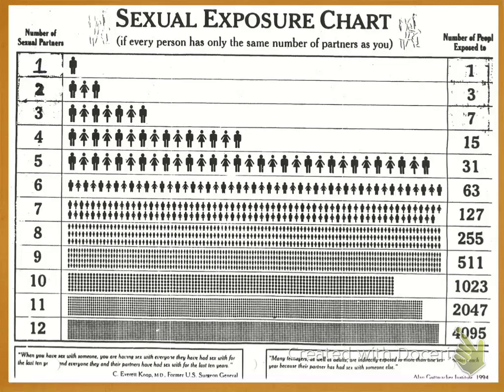So the bottom line is, if you had 9 partners and they all had 9 partners, you exposed yourself to 511 different people because that exposure with no protection is passed from body to body to body to body to body. Does that make sense? You don't know those 511 people. You don't know what they've got or where they've been or what they've done. If you have 12 partners over a period of time and those partners all had 12 partners, you've exposed yourself to 4,095 different people. Most of which you don't know what they've done, what they've had, what they've injected. Bottom line, you just don't know.